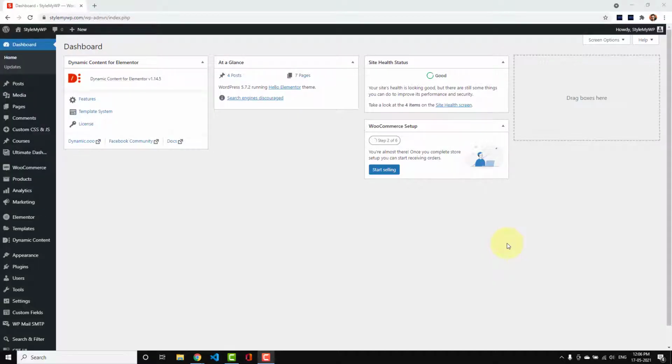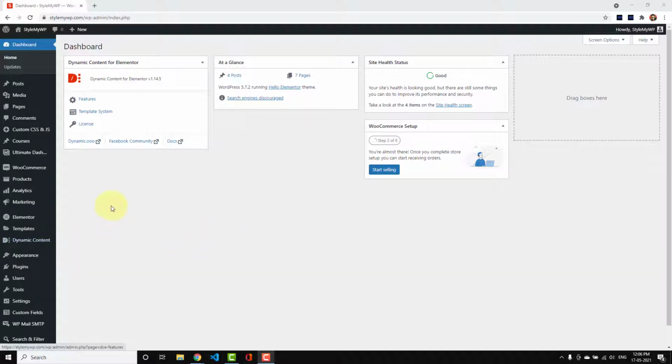Hello guys, I'm Lokesh Kapoor, and in this video we will talk about how to use the Add to Calendar widget of the Dynamic Content for Elementor plugin. If you haven't downloaded the plugin, you can check out the link in the description and download it right away. And here I will demonstrate how you can start off.